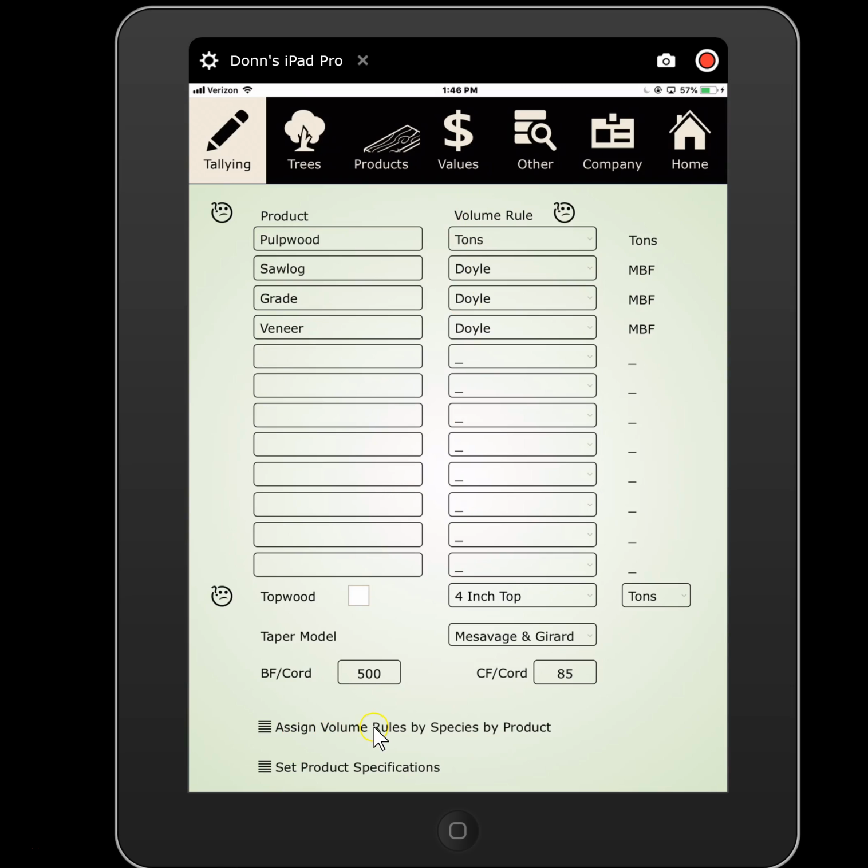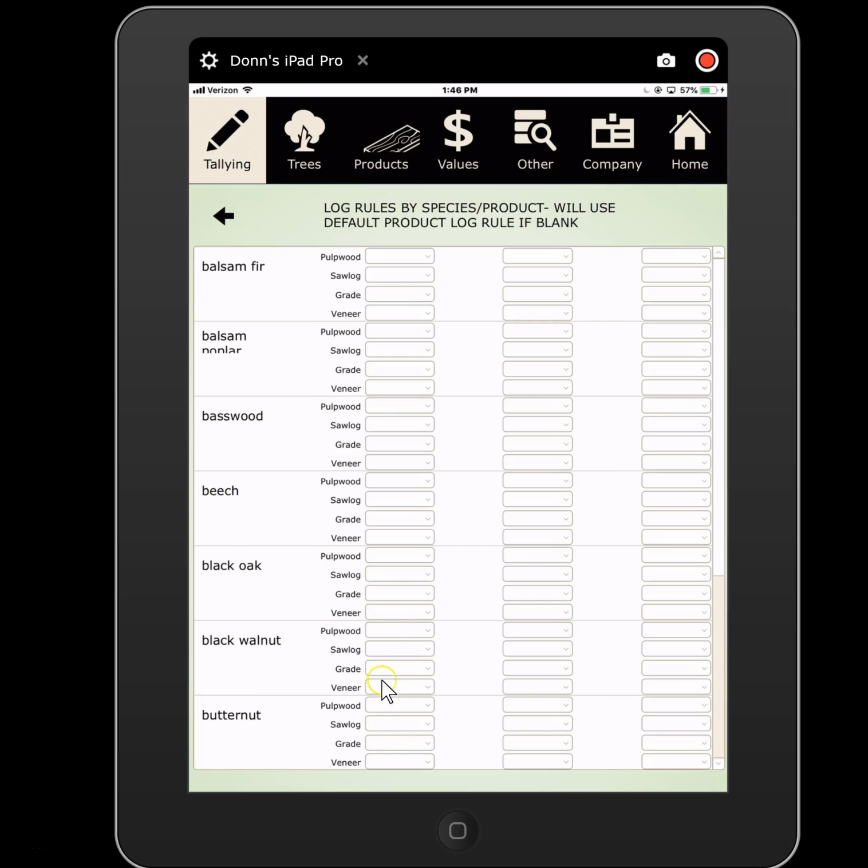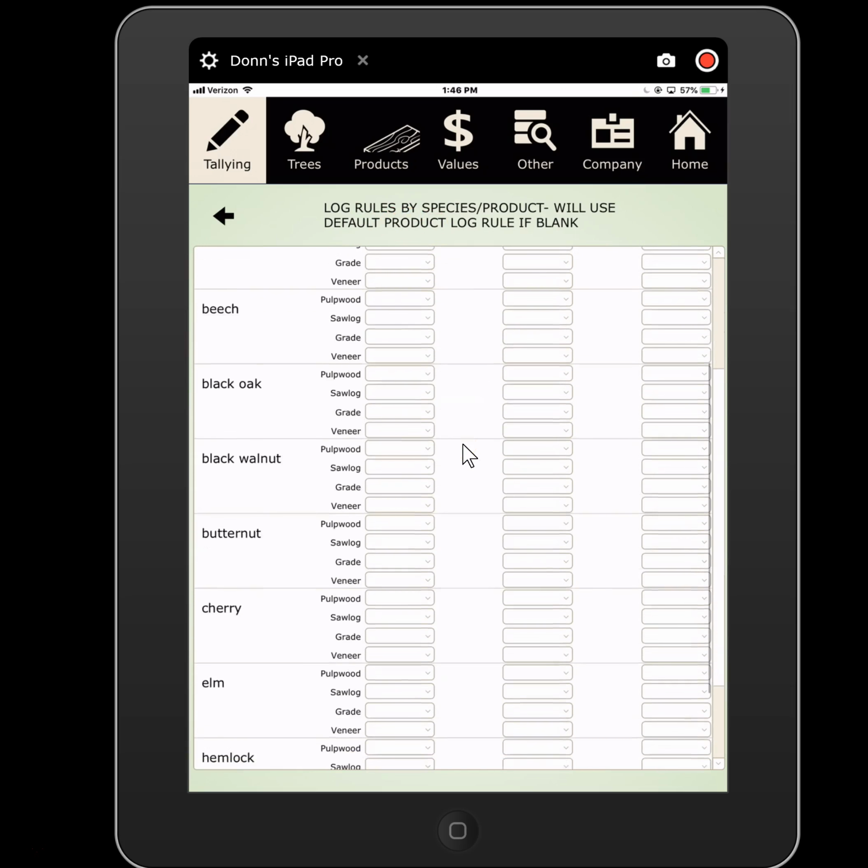You can assign volume rules by species by product, and what we mean by this is that by default, all of your saw timber would be sold or measured in Doyle. If we go to assign volume rules by species by product, what you could do is override that. So for instance, if you're selling your white oak saw logs in Doyle to one mill, and you're selling your loblolly saw logs in Scribner to another mill, you can override those default product log rules by indicating as such